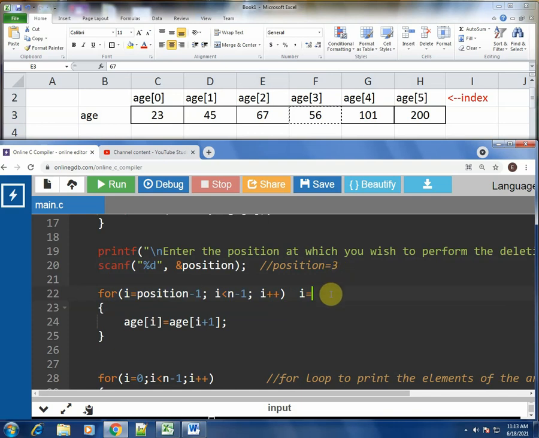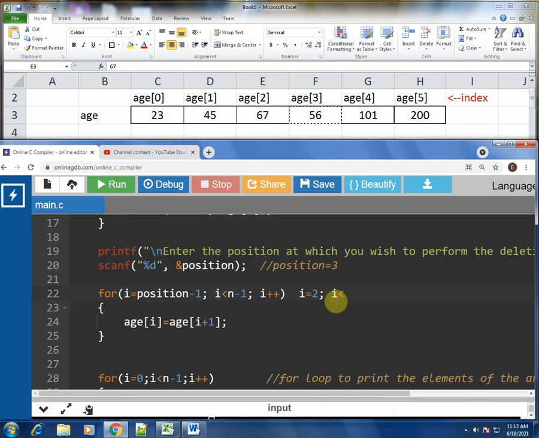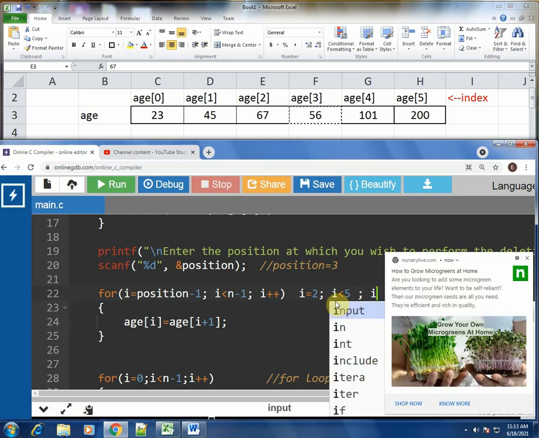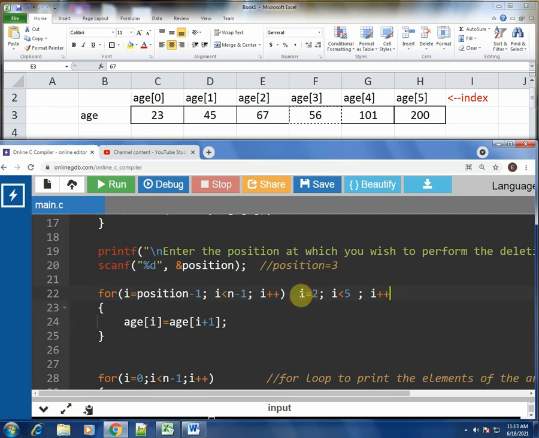Position is 3, so 3 minus 1 is 2. Then i less than n minus 1. n is the number of elements present, which was 6, so n minus 1 would be 5. And i plus plus. This is the case when we execute the for loop for the first time.